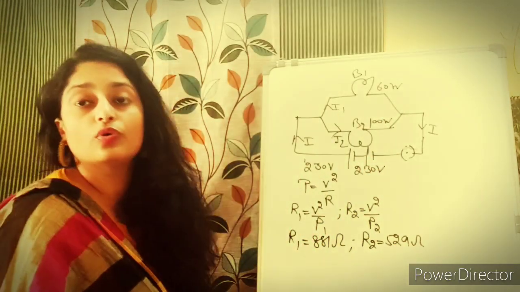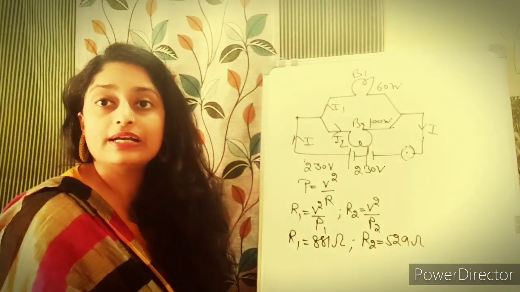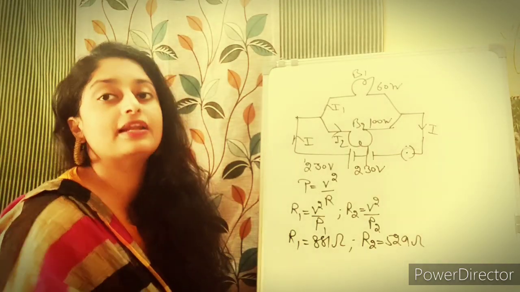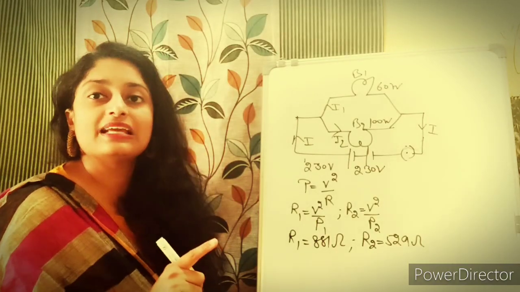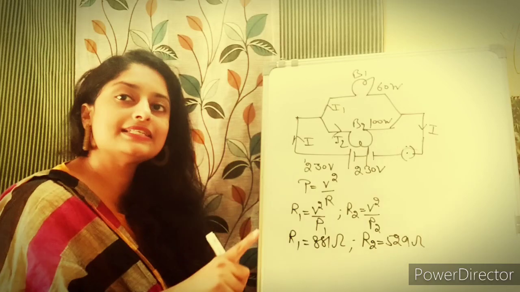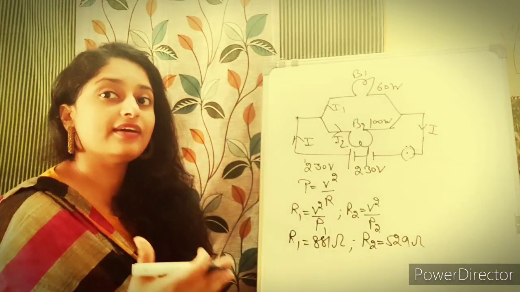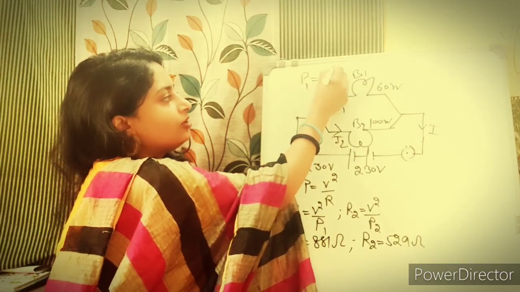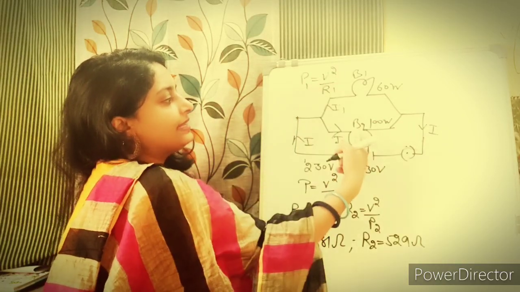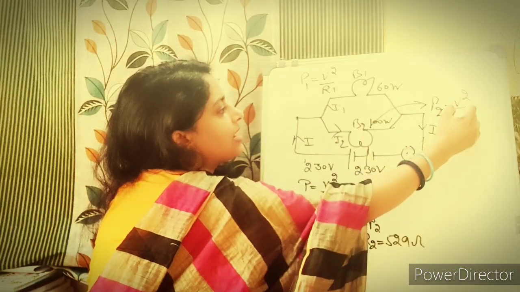So now you know that the voltage remains same. So for calculating power dissipation, which formula you will apply? Now you will not apply I square R, क्योंकि करंट सेम नहीं है, करंट डिवाइड हो गया है. क्या चीज सेम है, वोल्टेज. So हम लोग लगाएंगे P is equal to V square by R. So जब पावर डिसिपेशन कैलकुलेट करेंगे, P1 is equal to V square by R1. इस बल्ब के लिए कैलकुलेट करेंगे तो P2 is equal to V square by R2.